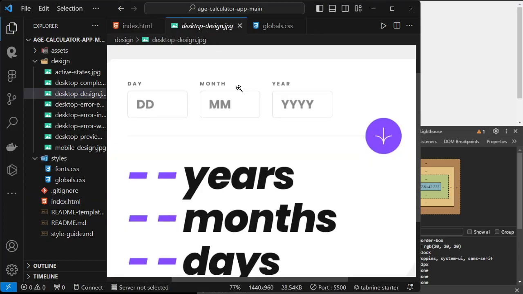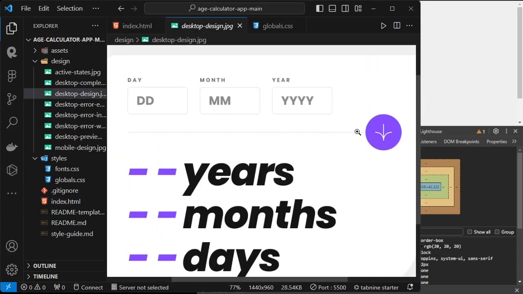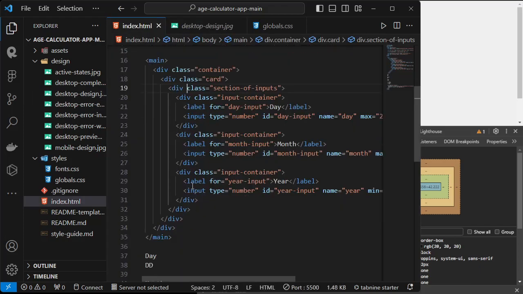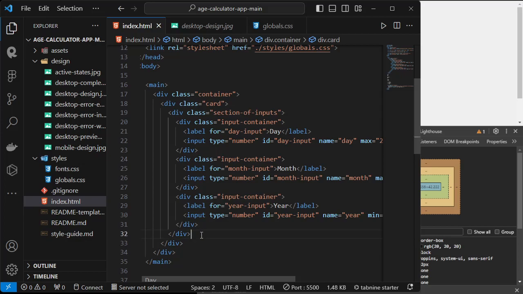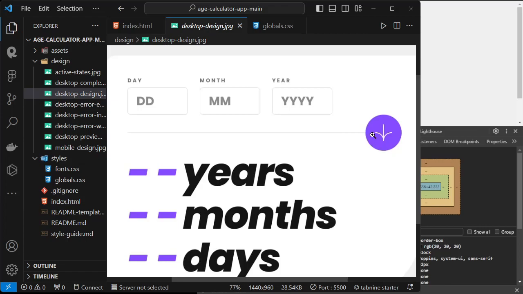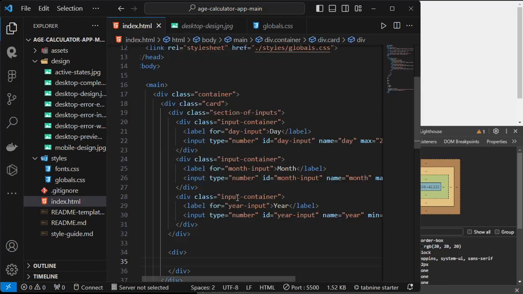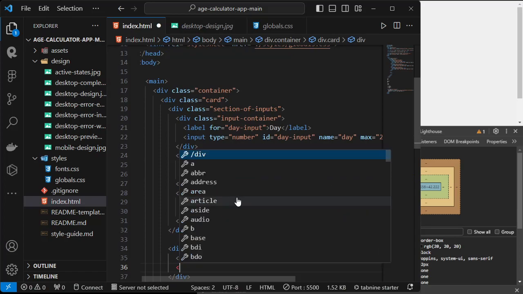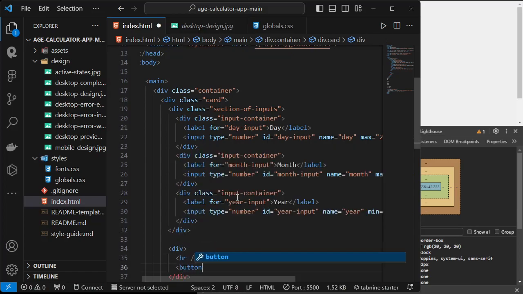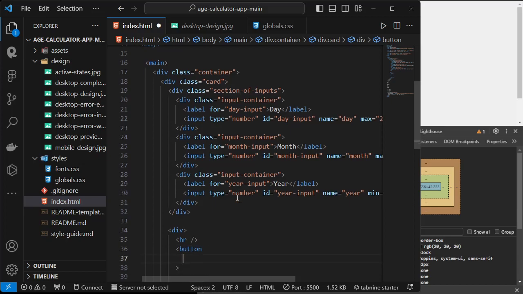What's the next one in our list? That will be this right here, the HR and then the button. I think this button is the submit button, so we'll make it into a button. Here, no, down here. There we go. Let's not give it a class name, or do we need to give it? No, probably don't. Let's give this HR, and then a button, ID submit button, type button,